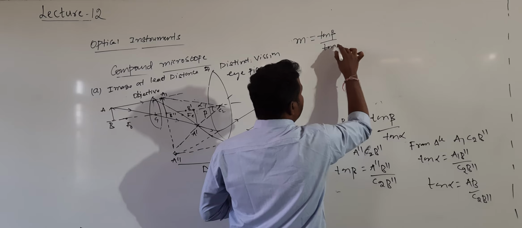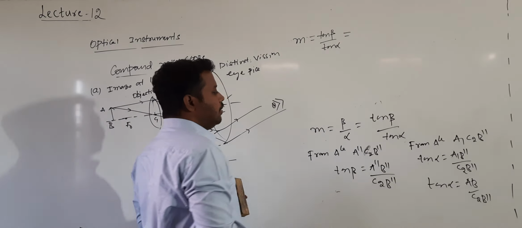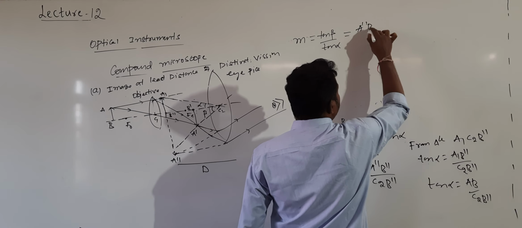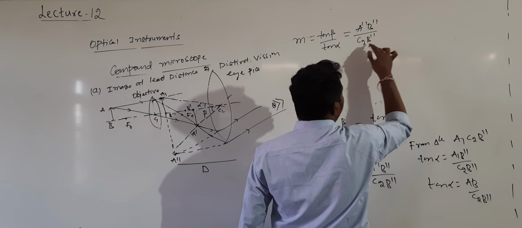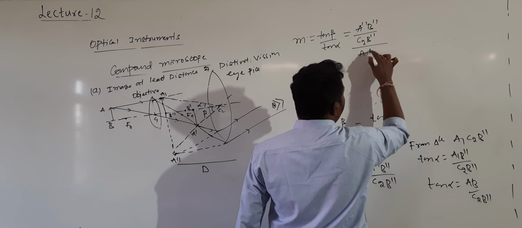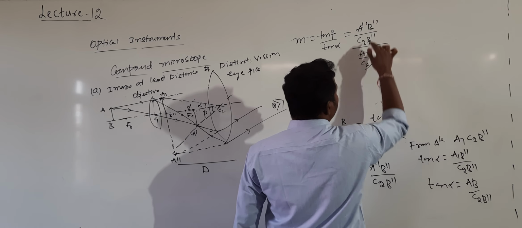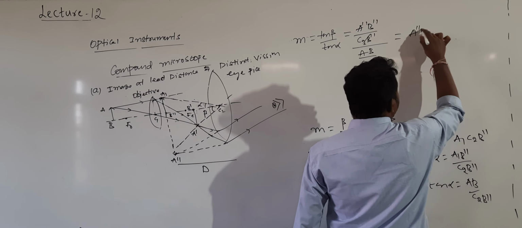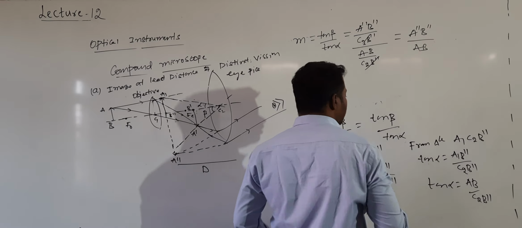Correct? Tan alpha. So what is tan beta? Tan beta value will be given by A double dash B double dash divided by C2 B double dash, whole divided by AB by C2 B double dash. C2 B double dash cancels. I got the answer A double dash into B double dash divided by AB, which can be also written as,